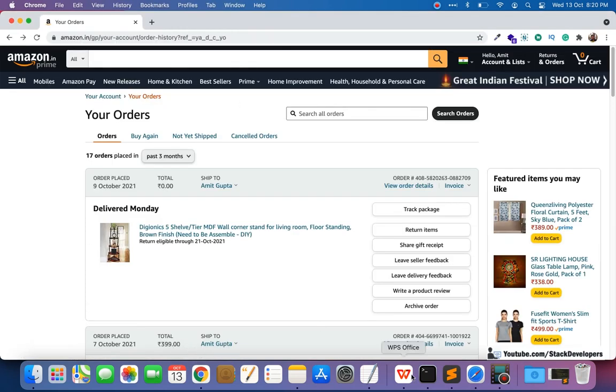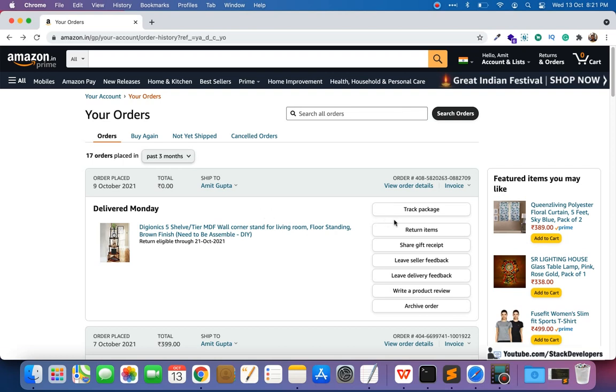Okay, so see, if you have seen in Amazon, like we have seen the cancel process in Amazon last time. So now I'm going to show you the return process, how to return the item in Amazon website, and the same thing we are going to integrate in our Laravel e-commerce website. Okay, so I have recently purchased something from Amazon, some kind of showpiece kind of thing. Okay, so that product just recently delivered to me.